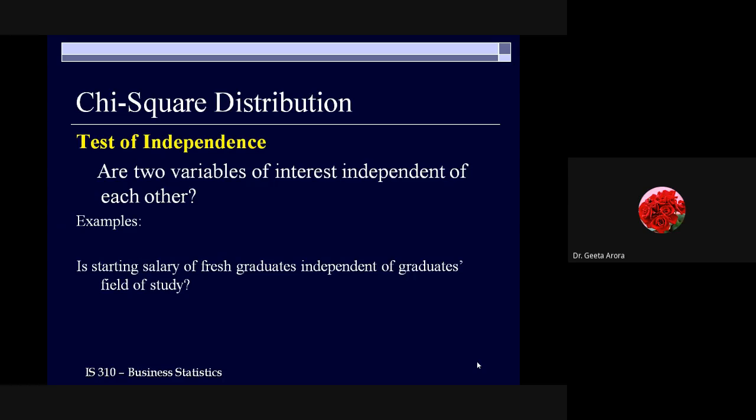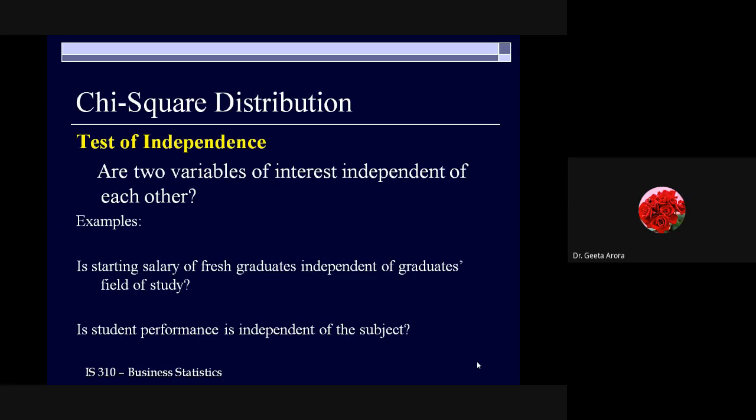So a lot of surveys have been conducted for these types of things, and whatever the results are, sometimes they are according to our belief, but sometimes they are not. We can say they are not as per our expectation; it is something different from what we expected. So it depends upon the values, the frequencies that we work with, to find out through the test of independence whether the two things are dependent or not.